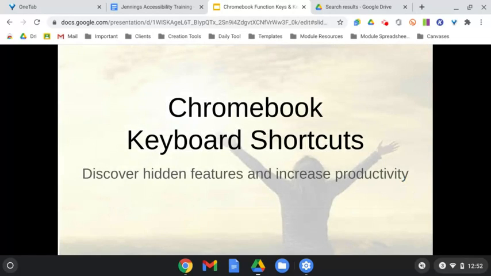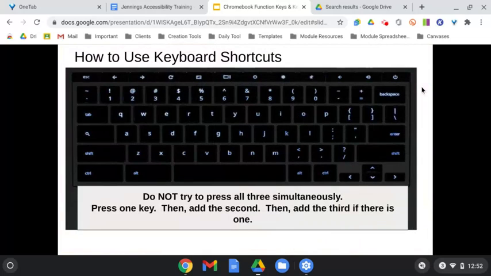Okay, so for these Chromebook keyboard shortcuts, the goal is for you to feel like the person in the picture there, because you're going to be discovering hidden features, and it should increase your productivity. All right, so